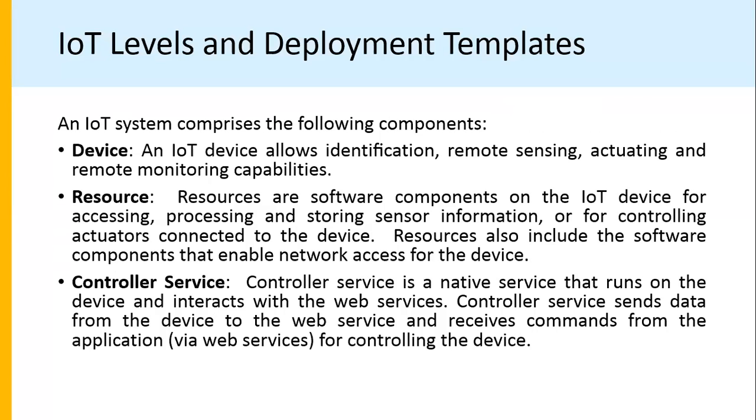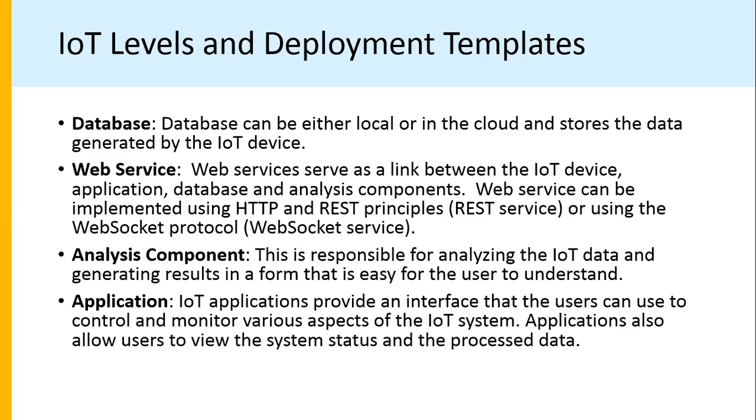So when IoT technology is implemented, it includes different components. It requires connecting devices which are able to communicate. It requires different resources to store and to process. It also requires a controller to control some mechanisms. For a particular event, we need to take action, and to give such signals we require a controller service. The data which is collected, we require to store, so we require a database.